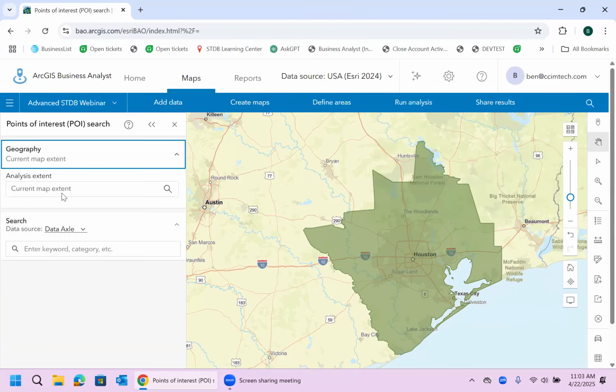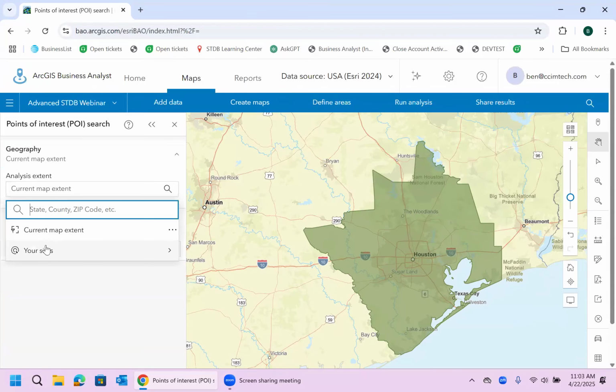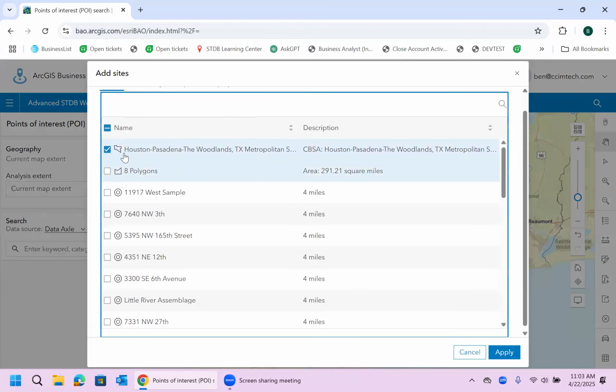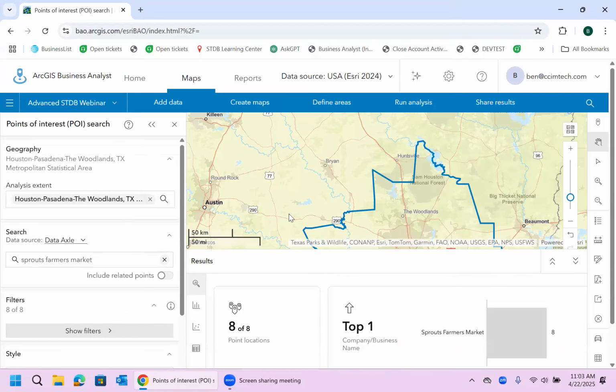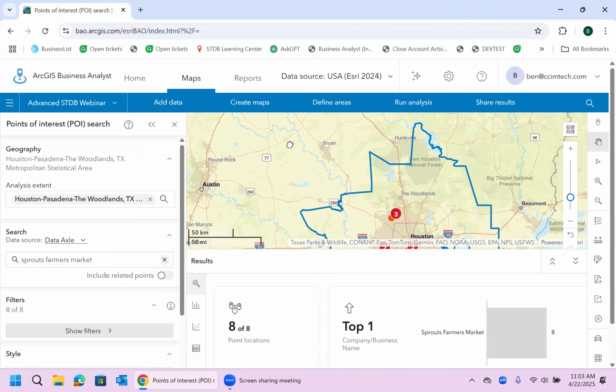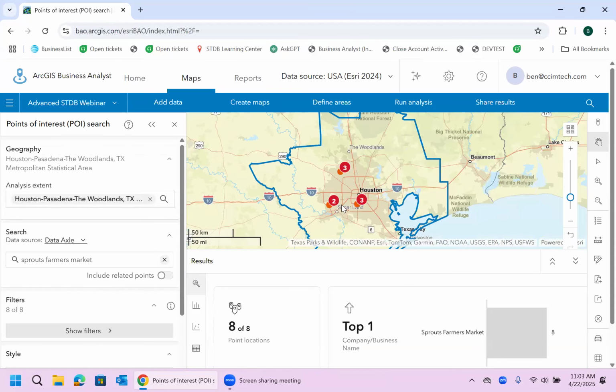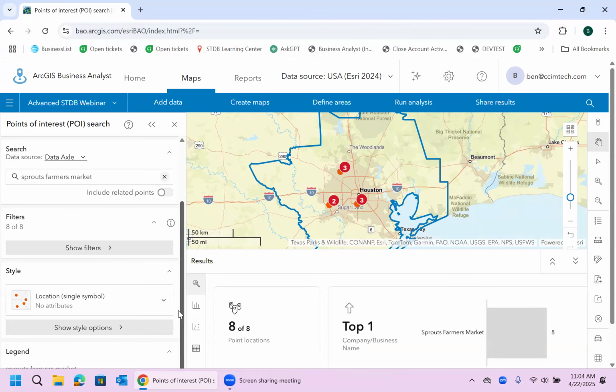Under my current map extent, I'm going to adjust that to where I'm looking only at Houston, Pasadena, Woodlands. And I want to look at Sprouts Farmers Market. What we're going to find is there are 8 Sprouts locations in the Houston MSA. Right now you'll notice there's a little bit of clustering going on. There are 3 of them down in the Sugar Land area, a couple out west, and then 3 of them in northwest